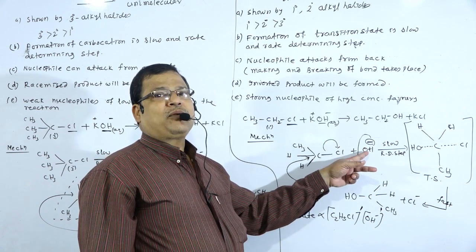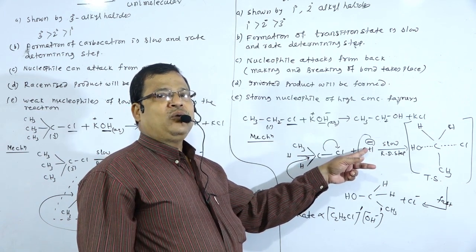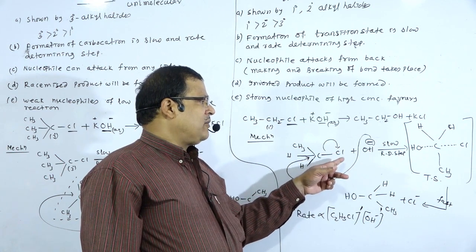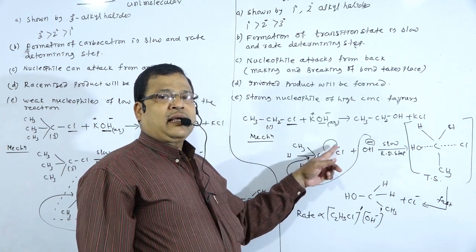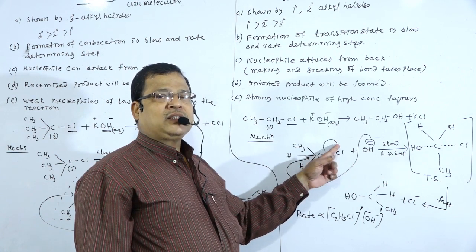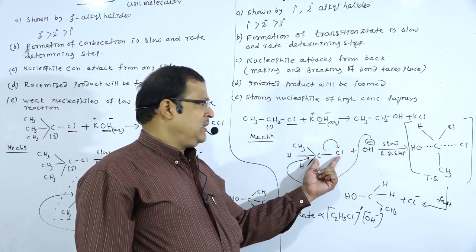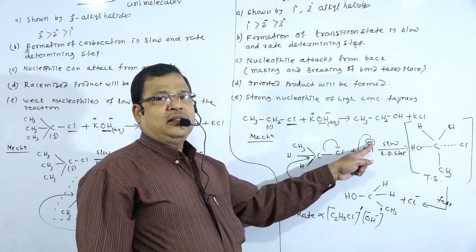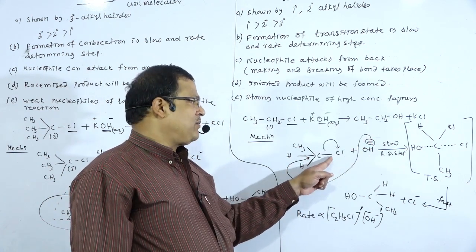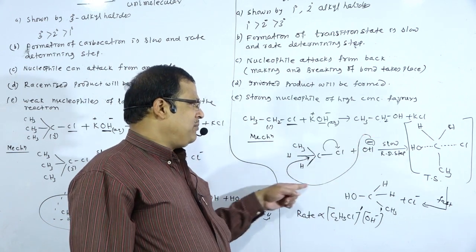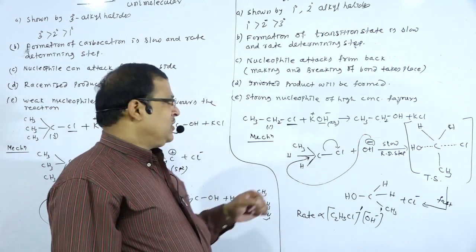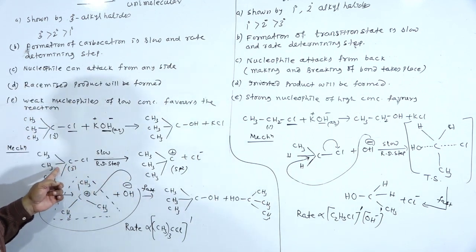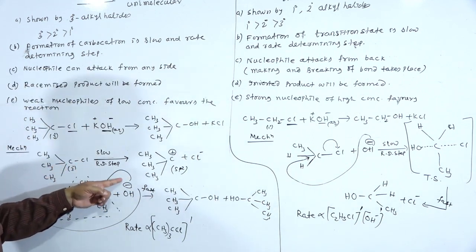Then why is it not a front attack? Why will OH minus not attack from the front to remove the chlorine atom? Because the chlorine atom acquires a partial negative charge because of the carbon halogen difference. So there is negative charge repulsion. The nucleophile cannot attack from the front, rather it will attack from the back. So, in this case, why will the nucleophile attack in the back or not attack in the front?